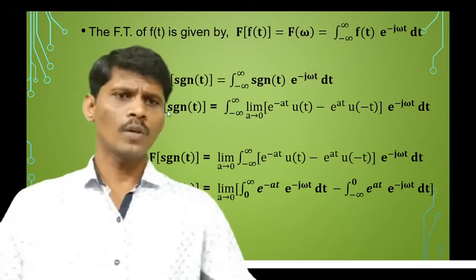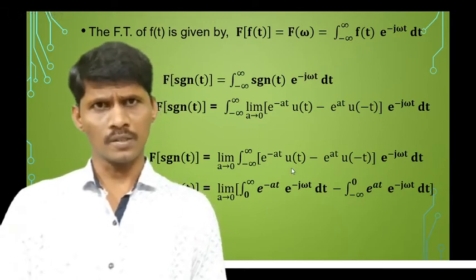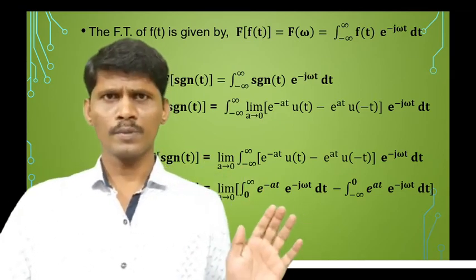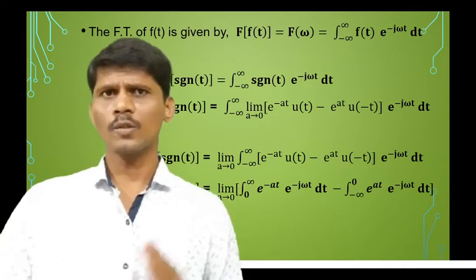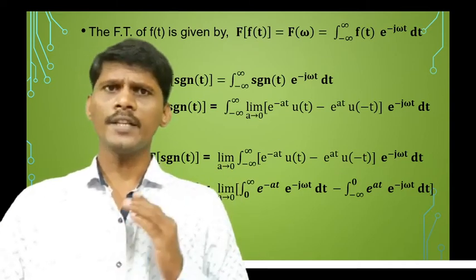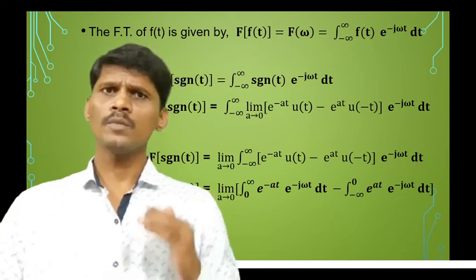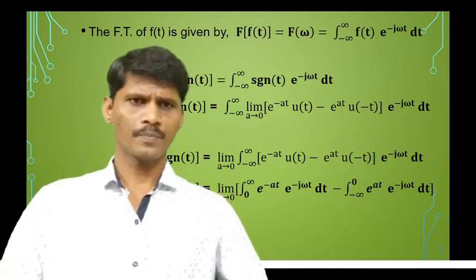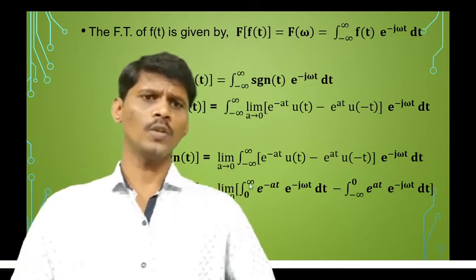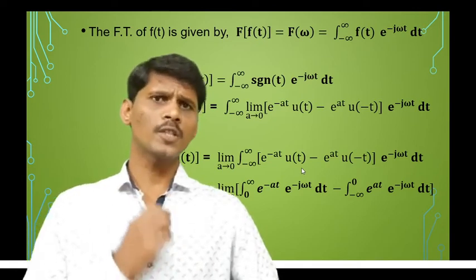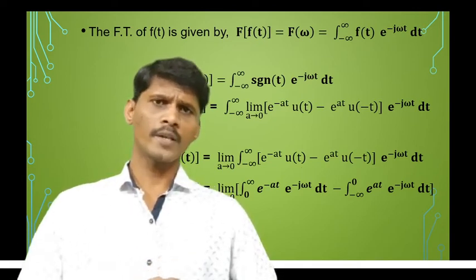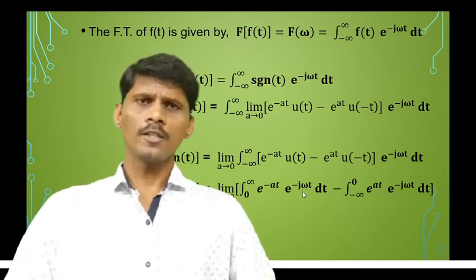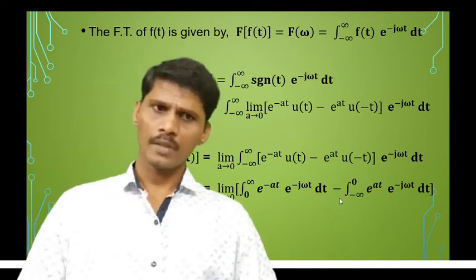Now here, what is u of t? u of t is a unit step signal. According to the definition of the unit step signal, u of t is equal to 1 for t greater than or equal to 0. So t greater than or equal to 0 means t starts from 0 to infinity. Now the range of the integral is 0 to infinity. When applying the definition of the unit step signal, u of t is 1 for t greater than or equal to 0, so 0 to infinity, e power minus at, e power minus j omega t dt, minus